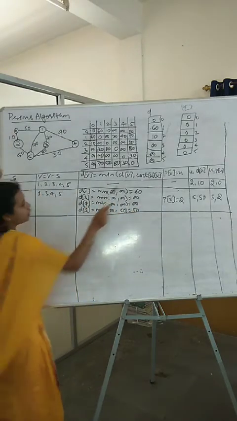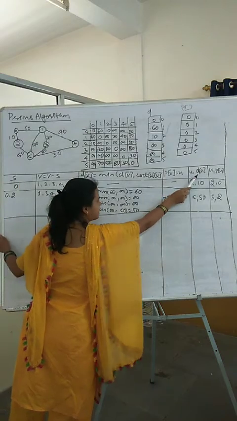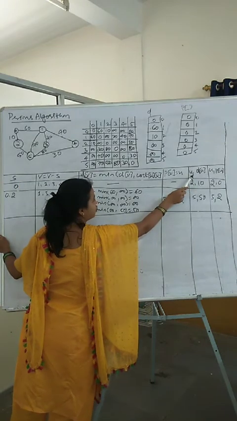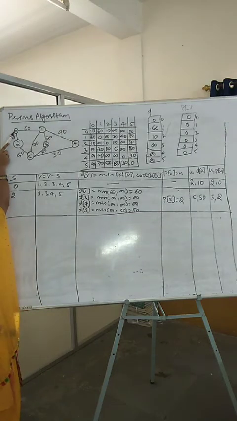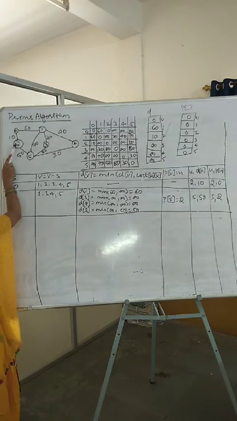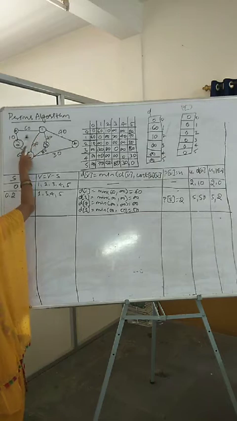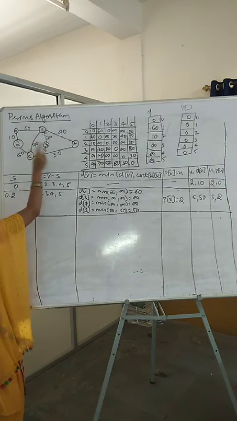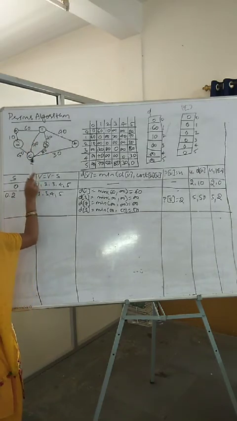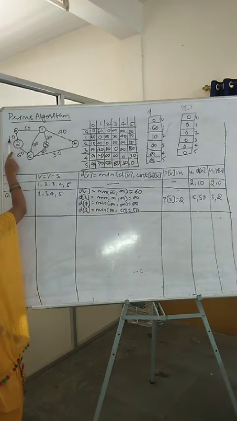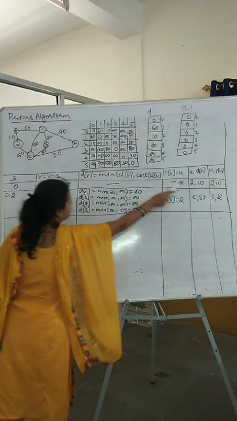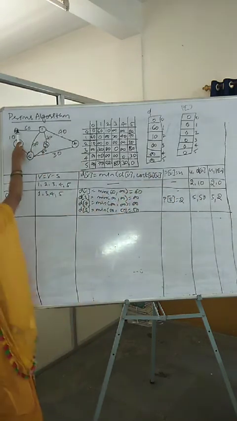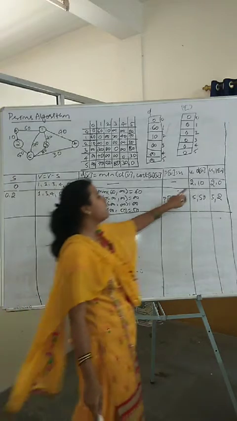See from 0, u and d of u. So what is d of u? d of u is the minimum cost from this u. So now you can see in the graph that vertex 0 is connected to 2. It is also connected to 1. So which do we have to consider? The one which has the minimum cost of the edge. Between 60 and 10, 10 is the minimum. So from 0 to 2 I am considering. So what is my u? u is 2 here. What is its d of u? Means its cost. Its cost is 10 here.